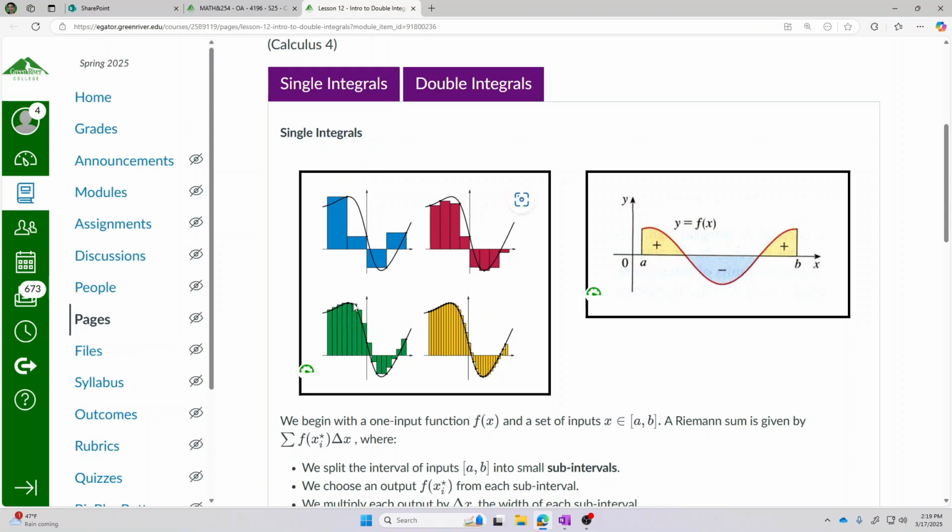And if we continue to shrink delta x, and if we continue to make our subintervals smaller and smaller, and make our rectangles more and more narrow, we can see that the size of the gaps between the rectangles and the graph of the function is getting smaller and smaller. And we can imagine that as we allow delta x to get extremely small, the gaps would be so small that we wouldn't even be able to see or notice them. Eventually, as delta x got very small, the net area of the rectangles would be pretty much an exact match for the net area between the function and the x-axis itself.